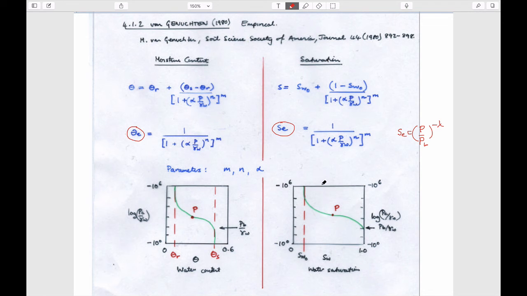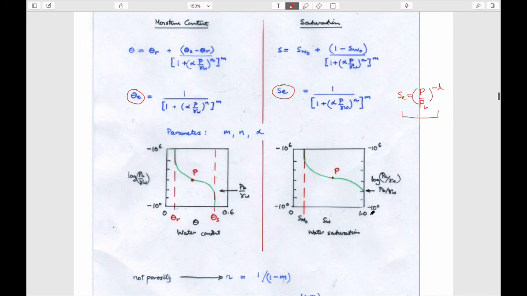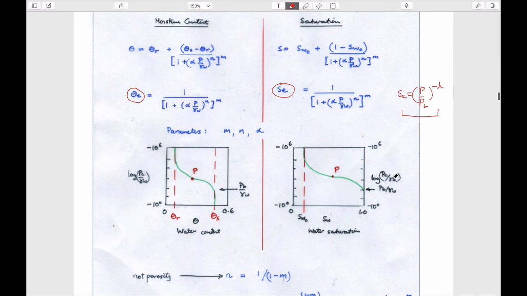It's just a curve fit, as indeed this was. It's just a realization that if you plot the log of the effective saturation and the log of the ratio of these curves, you end up with a straight line. That's the only realization. So the Van Genuchten curves are just the realization that you can curve fit a capillary pressure versus saturation curve, drawn here a little bit differently from before, because this saturation is on a natural scale between 0 and 1, but this log of this capillary pressure divided by the unit weight, which is what we've called matrix potential,